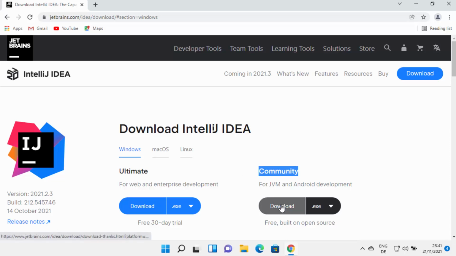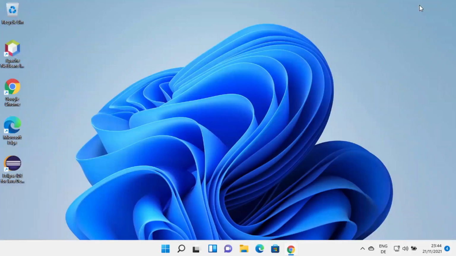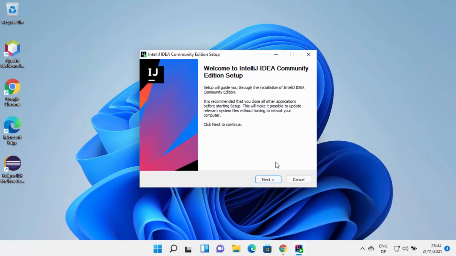You can click on the download button here, which is going to start the download of this idea.exe file. Just wait for the download to complete. Once this executable file is downloaded, I'm going to click on it, and let me minimize my browser. First of all, you will see this window which says, do you want to allow this app to make changes on your device? I trust this application, so I will click on yes,